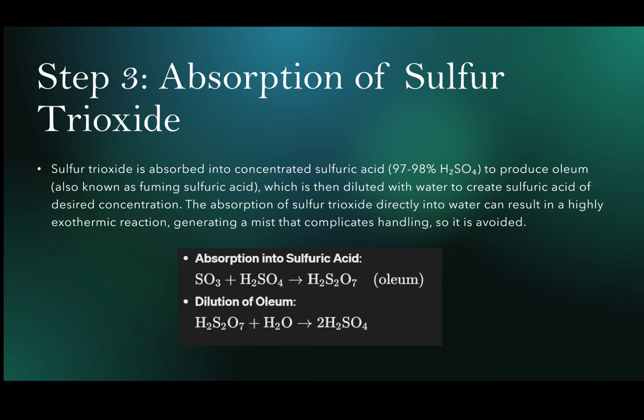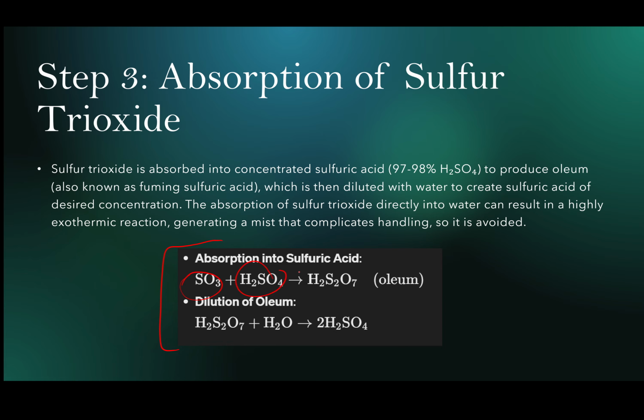of a desired concentration. The absorption of sulfur trioxide directly into water can result in a highly exothermic reaction, generating a mist that complicates handling, so it is avoided. Right? So it is avoided. We actually prefer to produce oleum than to produce sulfuric acid directly because of the fumes that will occur. So we end up doing that. So we absorb the sulfur